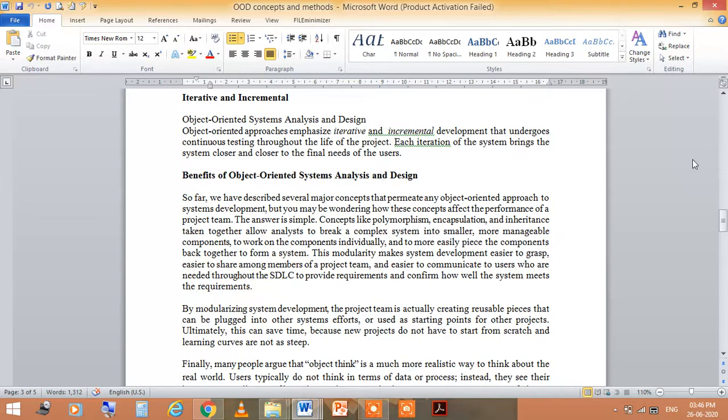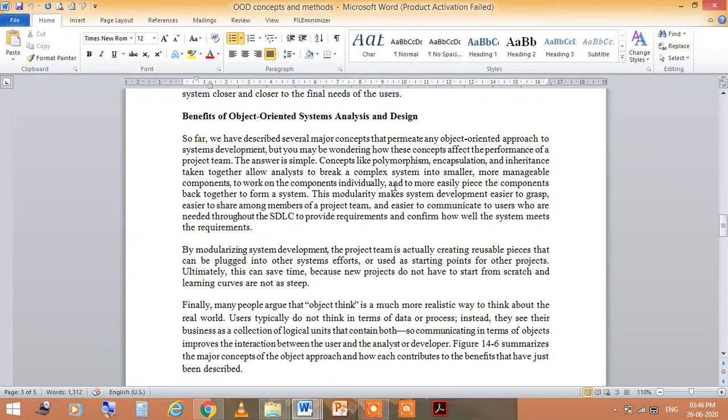Now the benefits. Sometimes the users are not satisfied, so the whole thing will be changed, but it is very problematic when developers have already designed the forms and done the coding and so on.